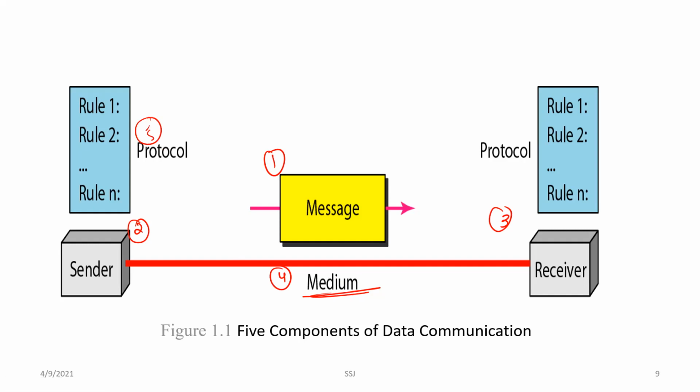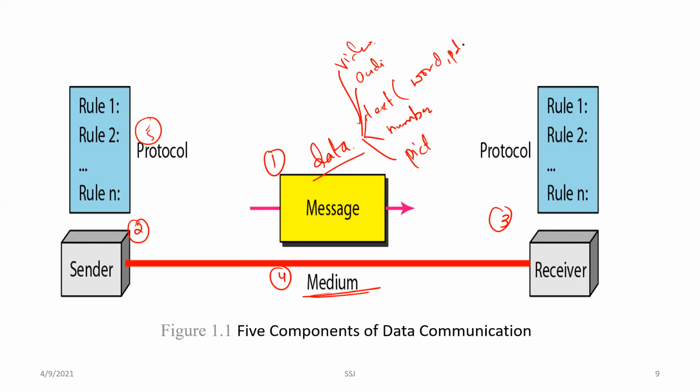Basically, whenever we are transferring data, or whenever data is being communicated between 2 devices, the message is the information, or the data that needs to be communicated. And what are the different kinds of data we have? We will have either text, numbers, pictures, so images basically, then we have audio and video. Now text will include all your Word, PDF files. But in general, these are the different data that we have.